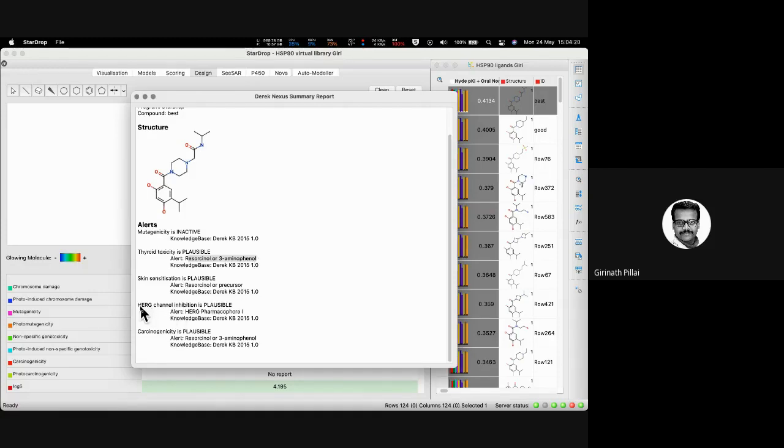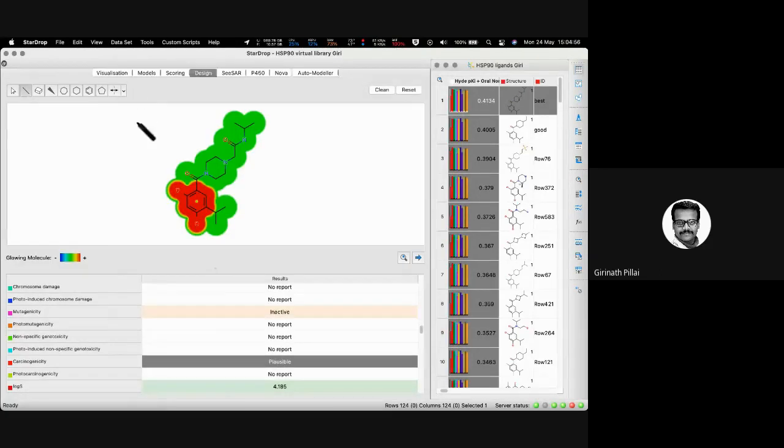But if you go for HERG cardiotoxicity, we already know this compound has cardiotoxicity to some extent. This is because the HERG pharmacophore is present. HERG pharmacophores were already defined, so that HERG pharmacophore is present in this compound. That's why this compound is said to be cardiotoxic. For each prediction, it gives a reason. This is the validation or justification you require when you go for in silico studies. Not simply looking at numbers, you shouldn't believe something. You need to have some back references.